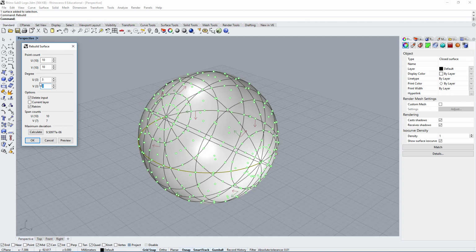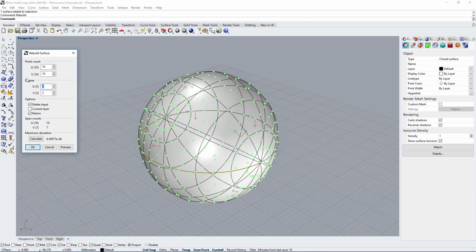You would make sure that the degrees are 3 degrees so that this sphere becomes a deformable object. Also, one thing to note is it does not have to be a sphere. It could be a surface, it could be a revolved shape, it can be anything you want it to be. But the idea is you rebuild a NURBS surface using 3 degrees, or you can also use 4 or 5, however many degrees you want to use. Just make sure it's not a degree 2, because degree 2 is not a deformable surface type. That relates to the mathematics of what it means to use degree 2 or degree 3. And of course, degree 1 is a facet. There is no curvature when you use degree 1.